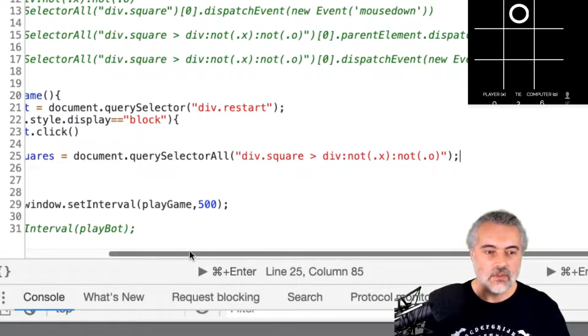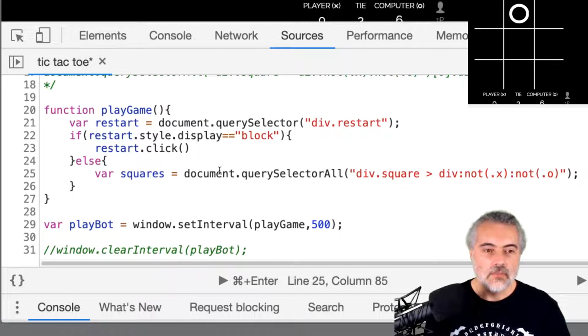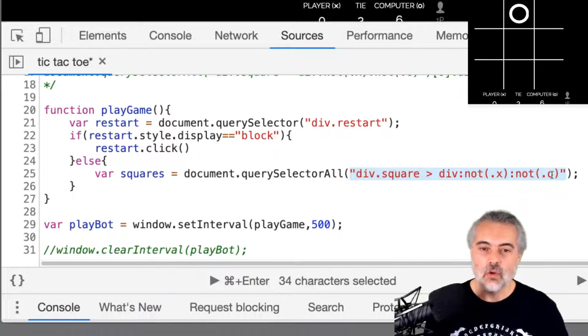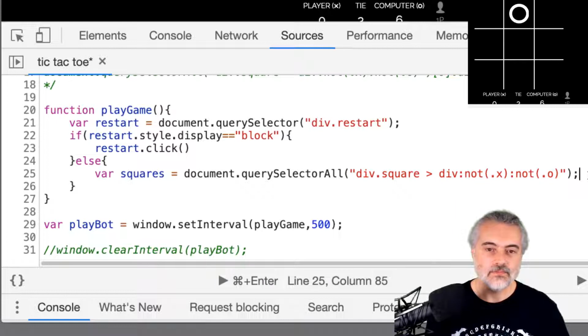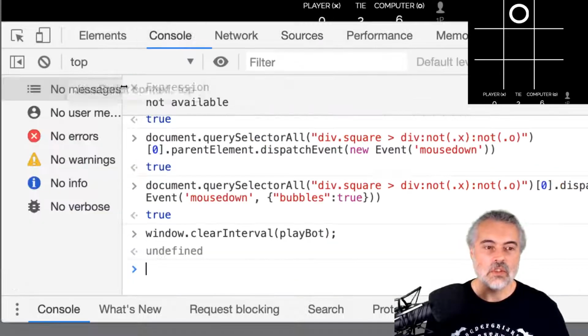And what this is saying is, using this query selector, which remember finds everything that doesn't have an X or an O in it, find all the squares that I can click on. Then what I need to be able to do is randomly choose one. So in JavaScript, say this returned 6. What I would want to do is